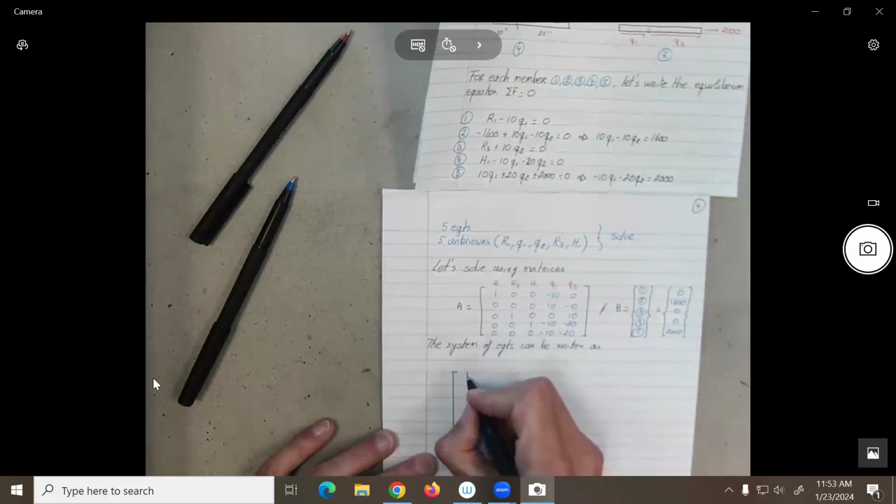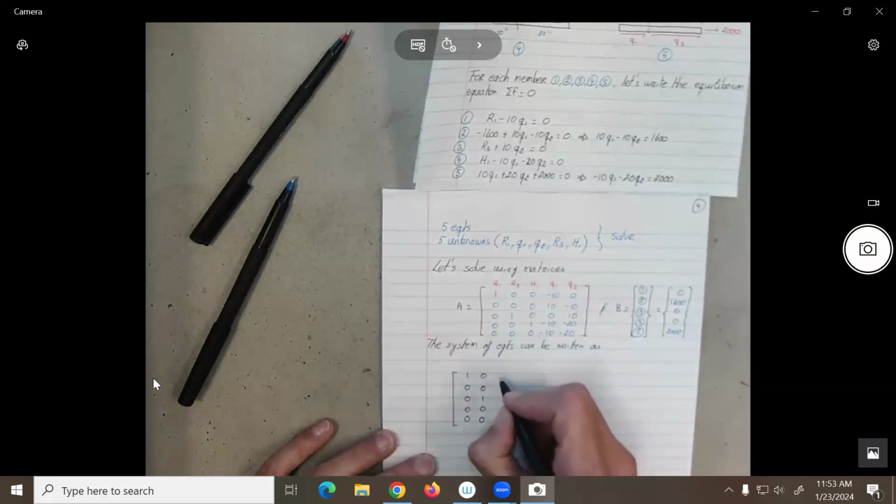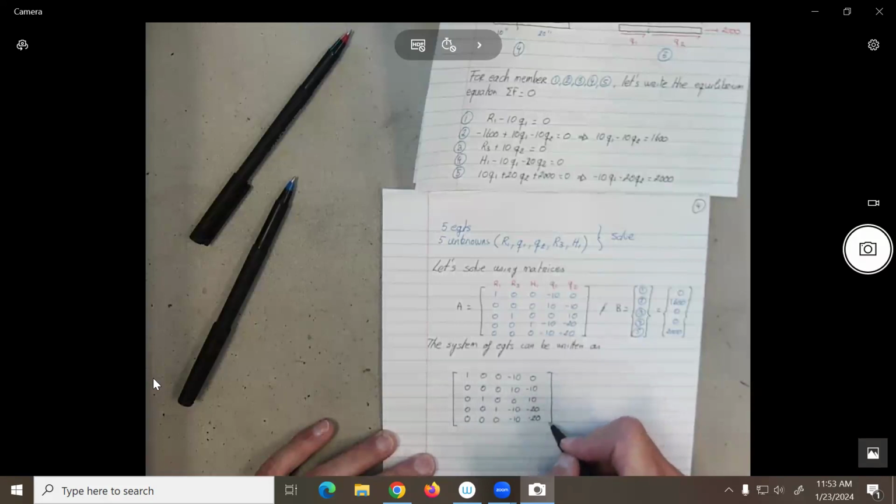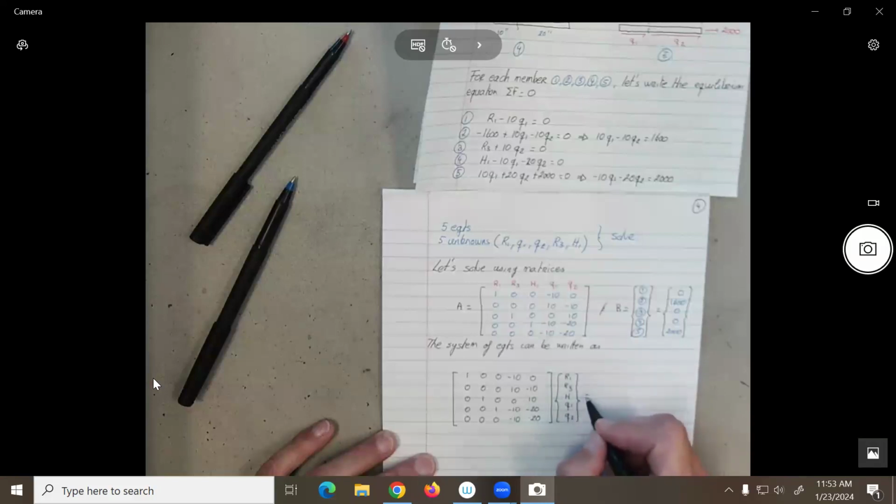We have here 1, 0, 0, 0, 0, 0, 0, 1, 0, 0, 0, 0, 0, 1, 0, minus 10, 10, 0, negative 10, negative 10, 0, negative 10, 10, negative 20, negative 20, times the variables we have over here: R1, R3, H, Q1, Q2, equal to